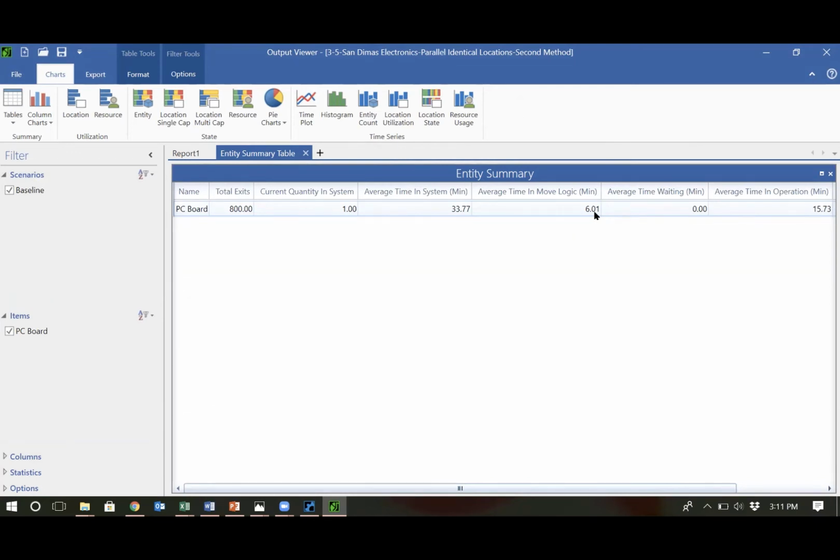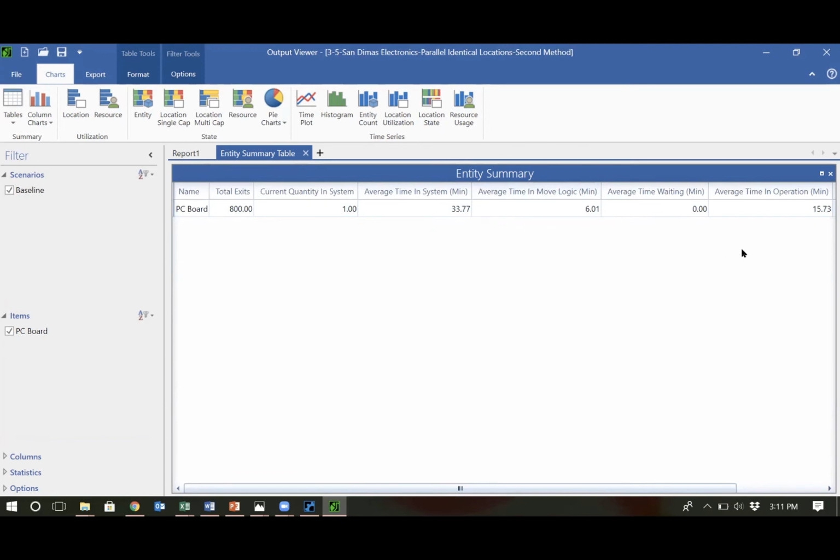So if one is a little higher or lower than 3, that's fine. Anyway, at the end, the sum is about 6 minutes. The reason they come from a random variable is the reason I don't see the fixed exact 6 minutes, which is perfectly fine. But still the move time is there, and the total time in the system is the sum